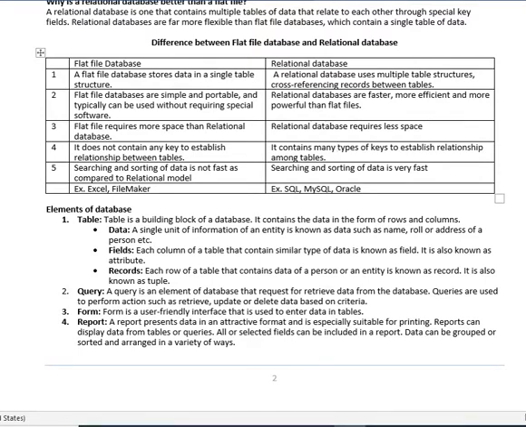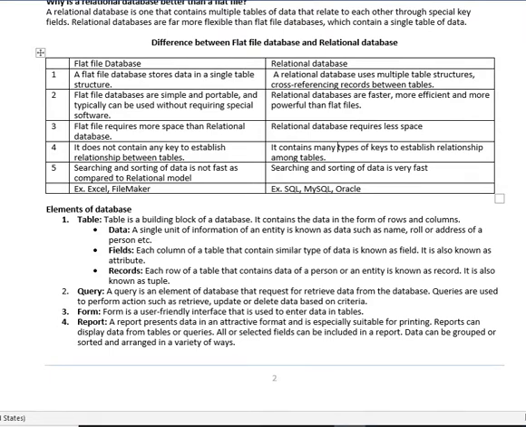Searching and sorting of data is faster in a relational database than in a flat file database. Excel and FileMaker are examples of flat file databases. SQL, MySQL, Oracle and even MS Access are examples of relational databases.